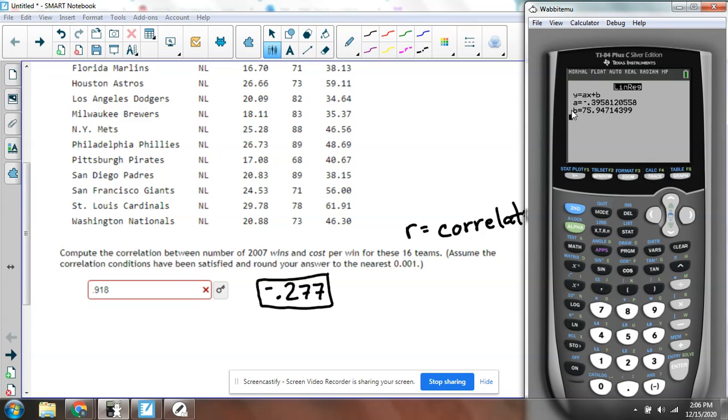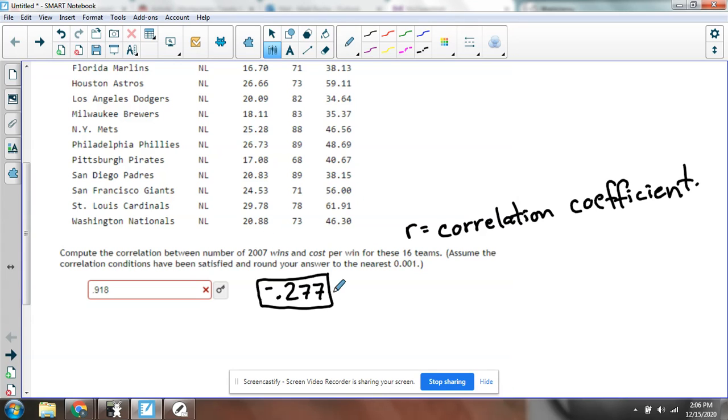So what we're going to do is turn on the diagnostics. I'm going to hit second and the catalog button above the 0, and I'm going to go all the way down to D. And I'll see DiagnosticOn, DiagnosticOff. You're going to click DiagnosticOn. Hit enter. Now if I go back to Stat, over to the Calc menu, down to LinReg, it's the linear regression, and now it gives me R squared and R as well. So that's where I also get that negative 0.277. That's the value they're looking for. Whenever it talks about the correlation, they're referring to